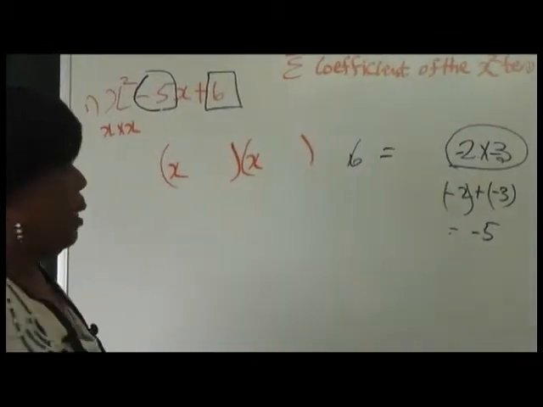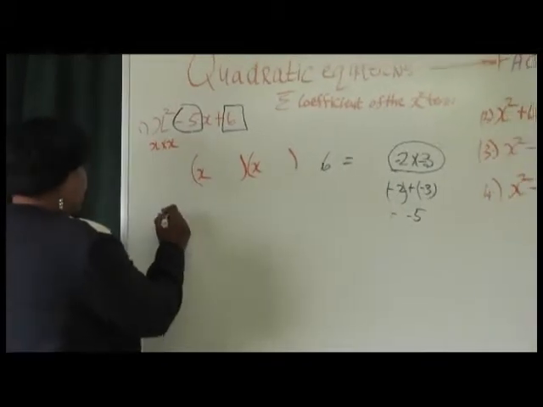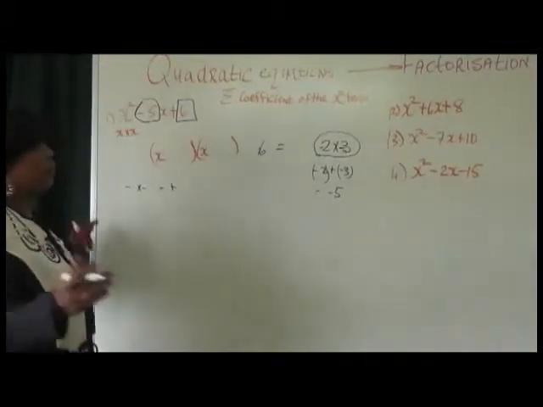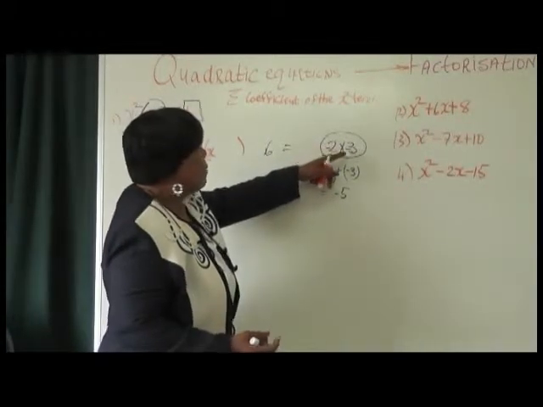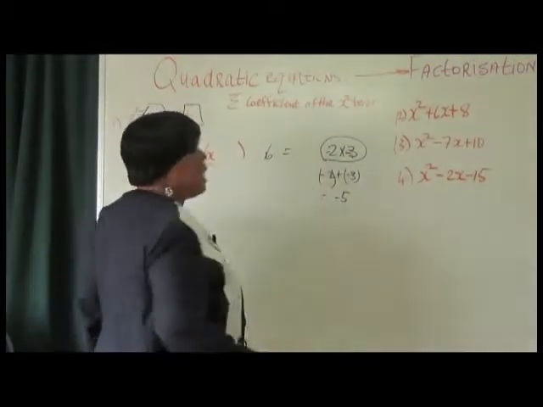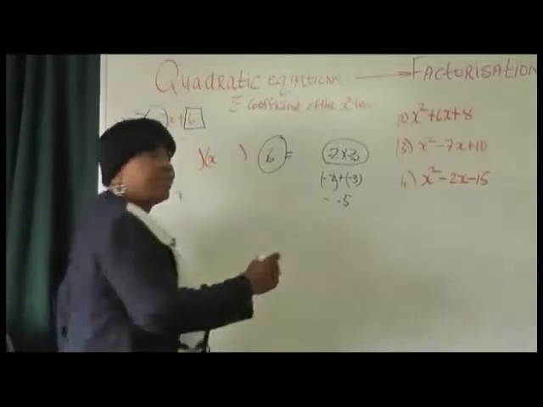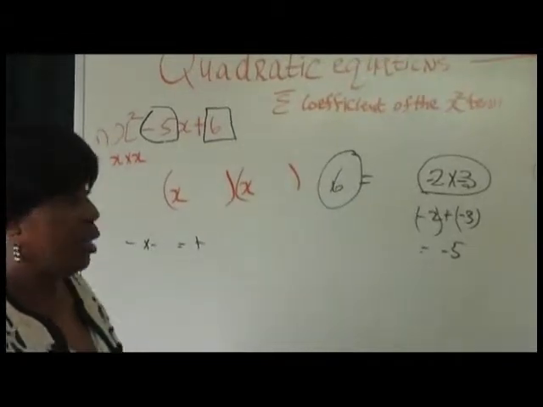Let us see, because we know our rules, right? So in your head, you're saying negative times negative equals positive. So you don't even go any further, because you say, isn't that what I have here? A negative times a negative will give me a positive. And 2 times 3 is 6. So what am I going to get? Yes, my +6.